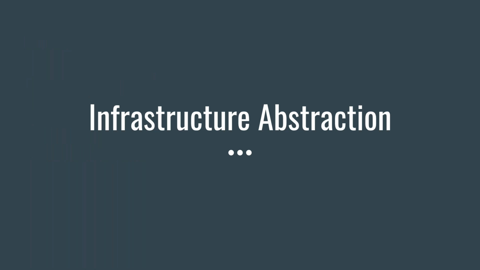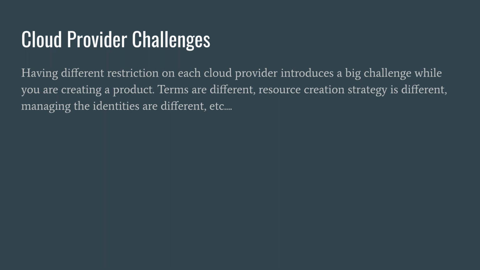So let's start with the first part, the infrastructure abstraction. When you try to create a SaaS service, right? There are different kinds of cloud providers. Each of them has different terms, different resources. And if you just wanted to do a pure implementation on all cloud providers, you will see there will be lots of exceptions. So you need to have a good expertise on each cloud provider. So is there actually any other way to do this? How can we eliminate those kinds of cloud-specific terms and just focus on the business logic?